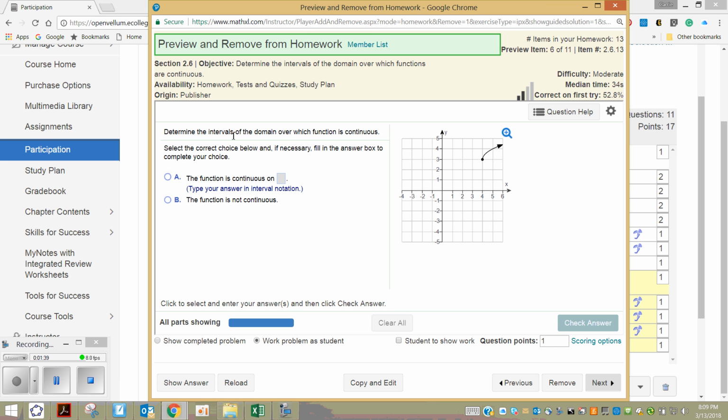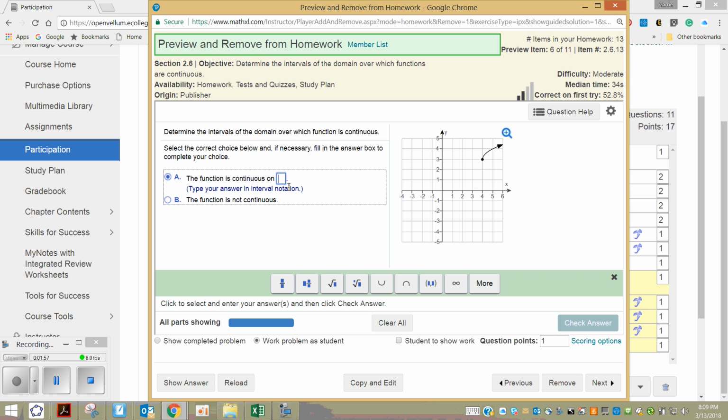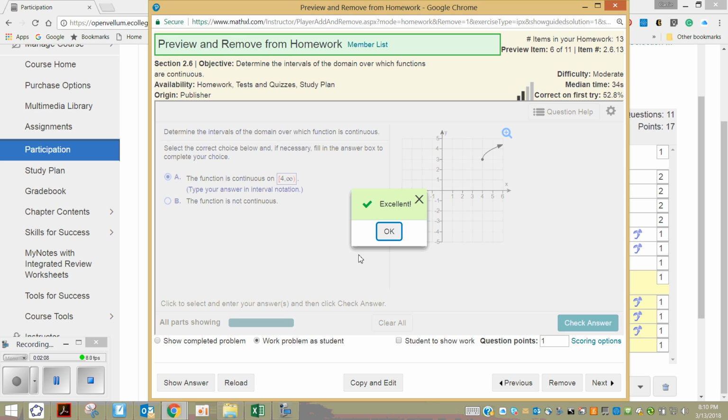Determine the intervals of the domain over which the function is continuous. Again, we're looking at values of the domain, so starting at x equals 4 right here and moving towards x equals infinity. X can't actually equal infinity, but moving towards it, we could have continuity from that point, including 4 and all the way towards positive infinity for x values. Okay,